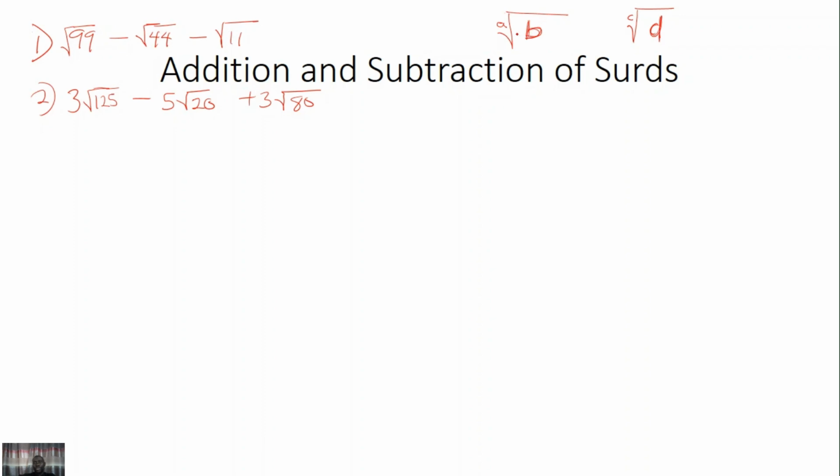For you to be able to subtract or add these two surds, a must be equal to c, okay,